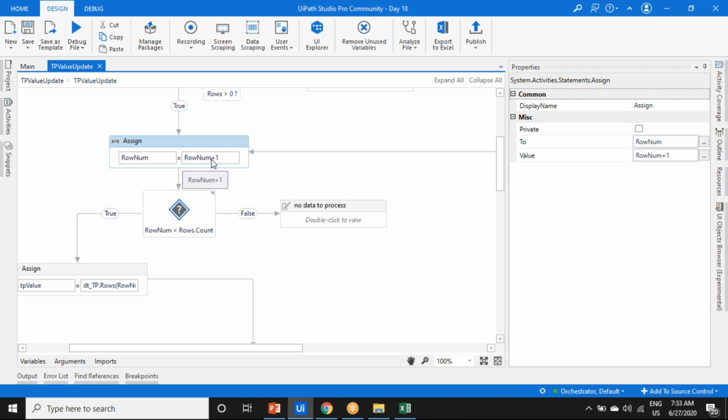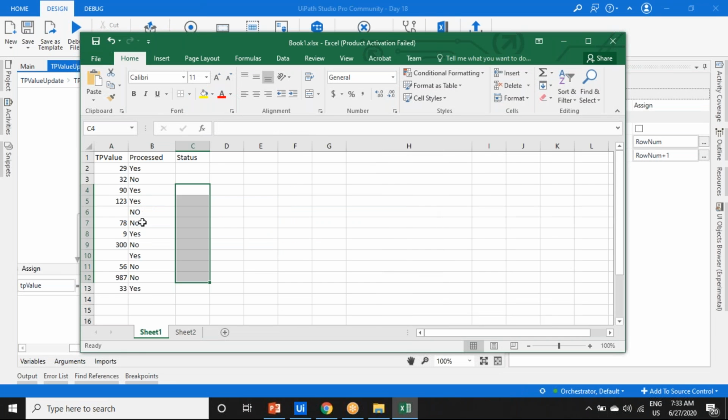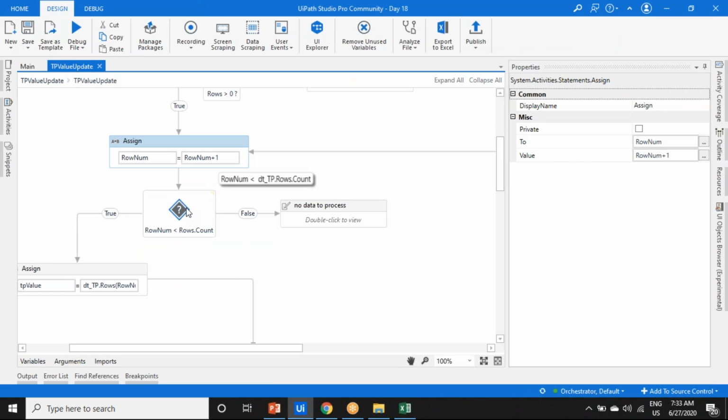Okay, increasing the row number. So after ending the process of one record, again it is coming here and updating the row. So this row number increases every time. So up to where? Up to this part it will update. Okay, this is a 12, right? So after 12, if it is a 13, the row number 13 is greater than 12,